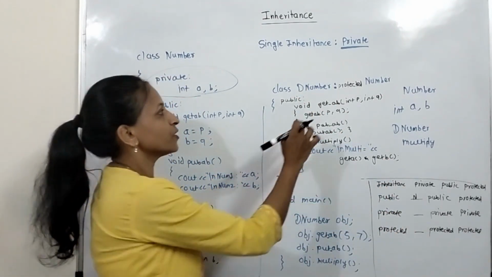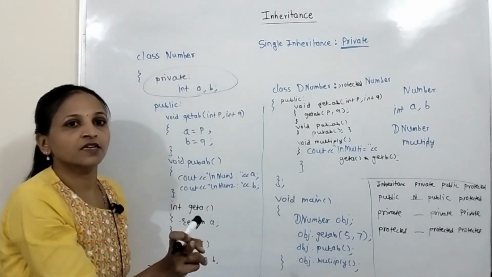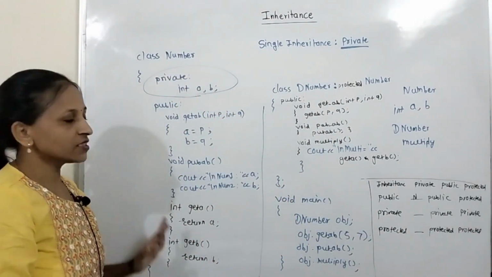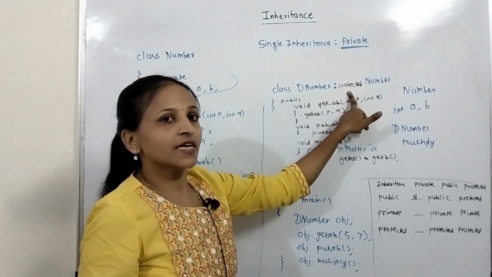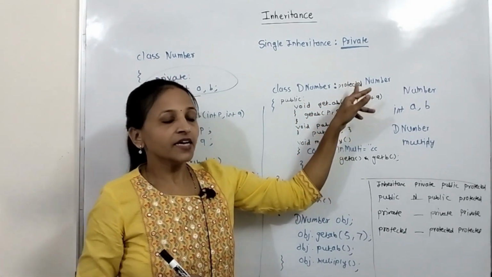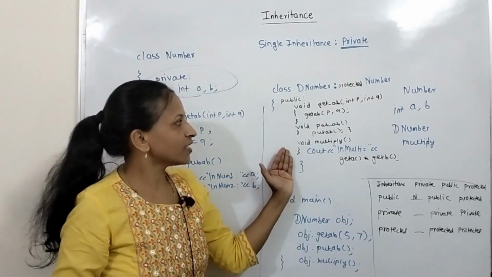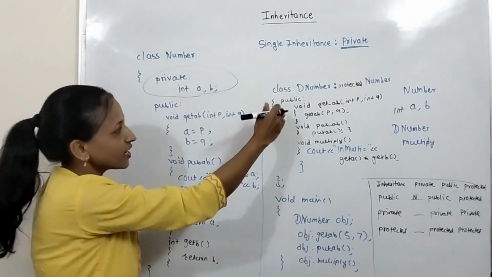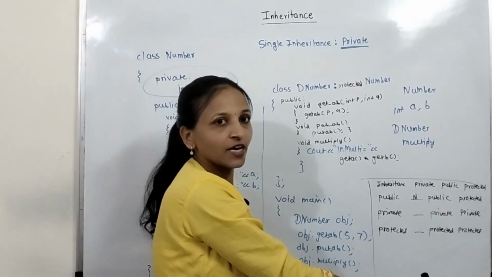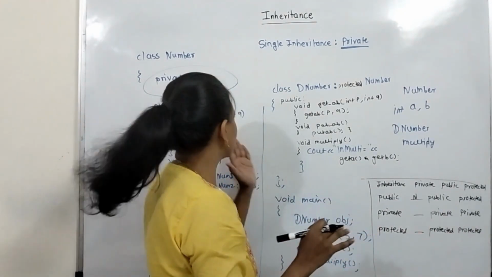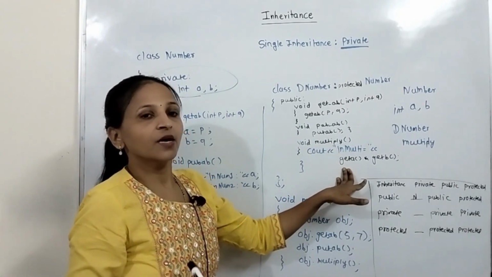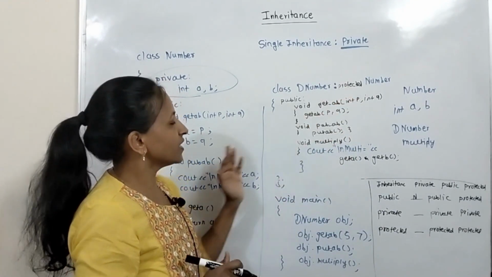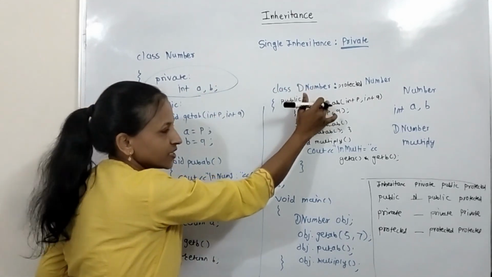In case of protected also we have to do this thing. Again the program will work similarly to private visibility. Now only one change is there. If this is private, then in an inherited class you cannot access this part. Again if from this class you create any new class, then there you cannot access this getAb and putAb. Here only you can access. But if this is protected, then that becomes protected here.